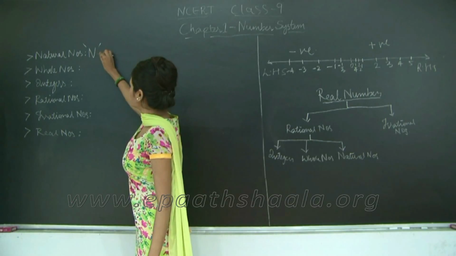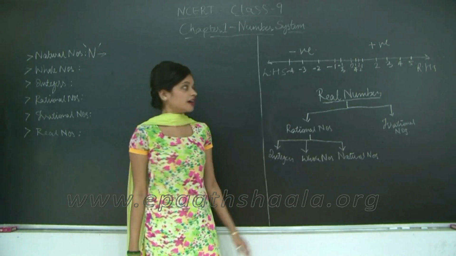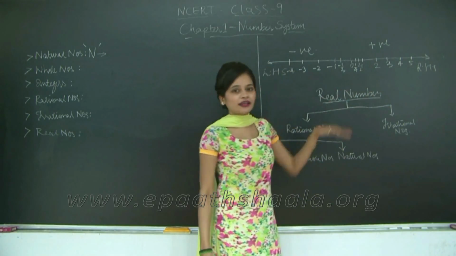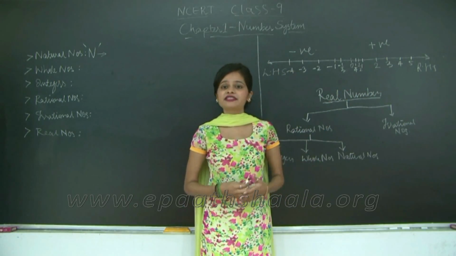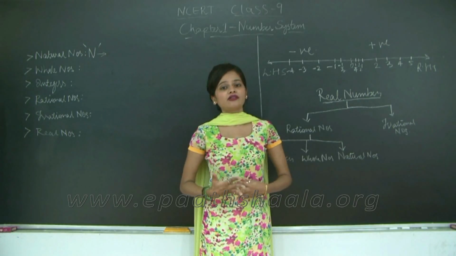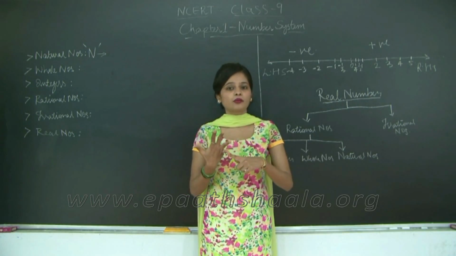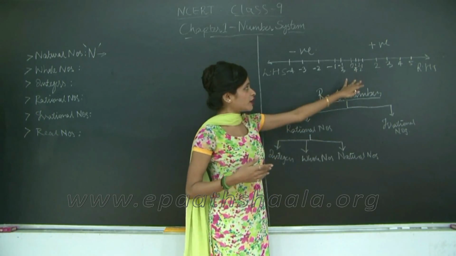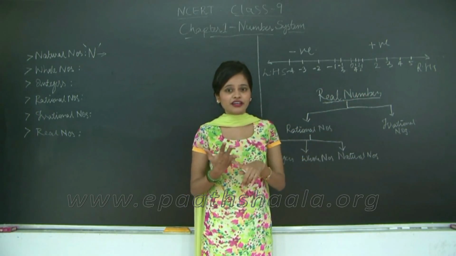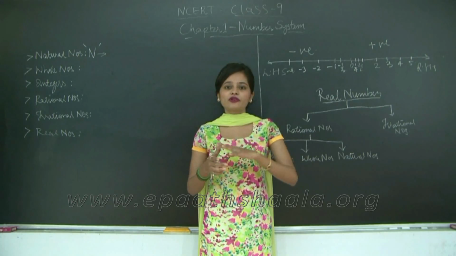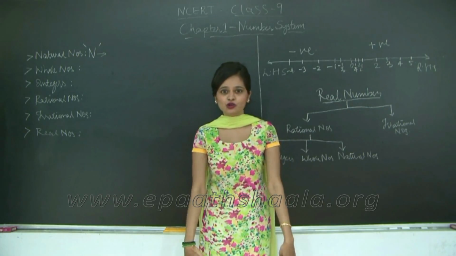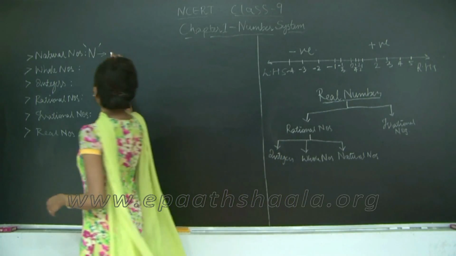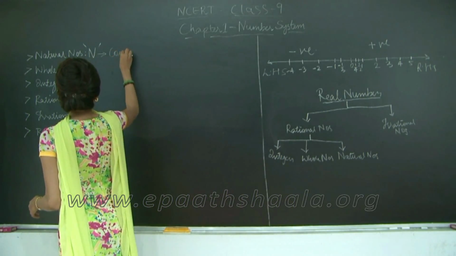And what are these? If you take a look at your number line, you just need to look at the positive side but not the ones that are fractions. Natural numbers are nothing but the numbers that can be counted on your fingers. So it will always start from 1. Okay, so 1, 2, 3, 4. You cannot count 1 upon 4, 1 upon 2, right, on your fingers. So 1, 2, 3, 4, 5, 6, 7, 8, 9, 10, even your toes until 20 and so on, right. So natural numbers are nothing but counting numbers